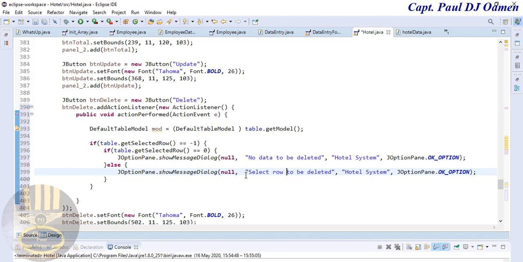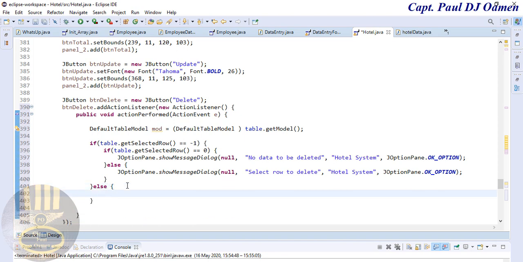Select a row to delete. There we go. Right. Now we can even play around with another else. If else, do this for the table. So I'm going to just say else if